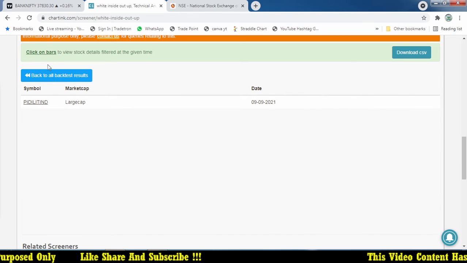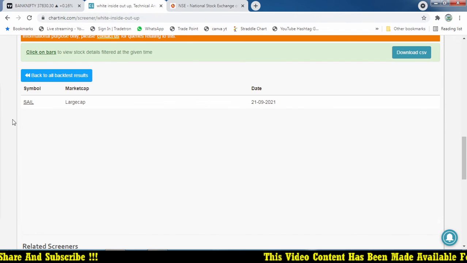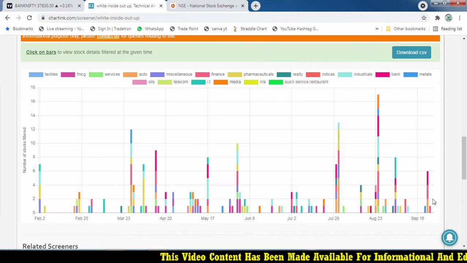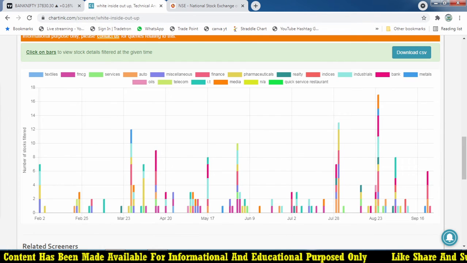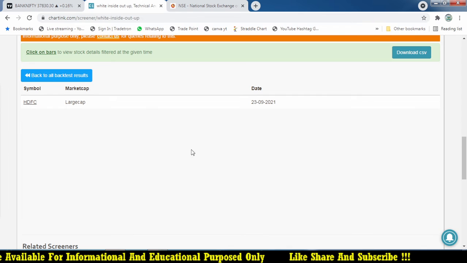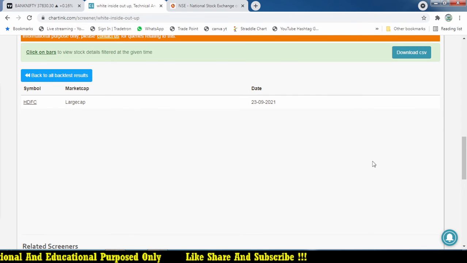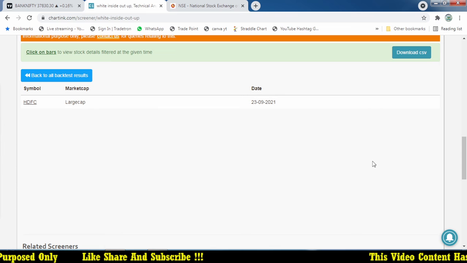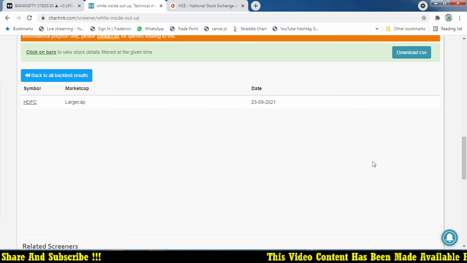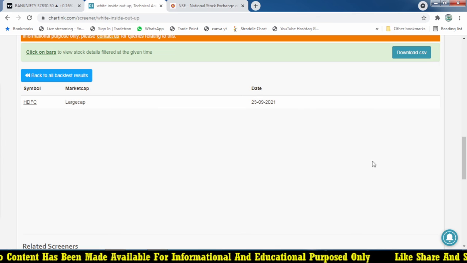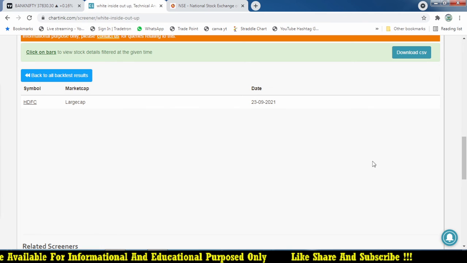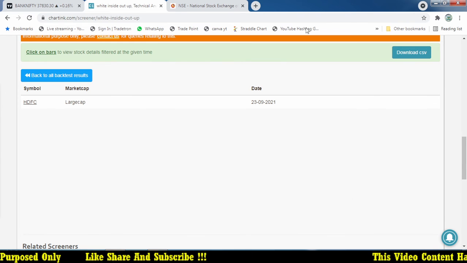And next one is Pidilite Industries, and after that we got a 20% sale, right? And recently we got MR of M&M, Shriram, Bandhan Bank, Canara Bank, Indiabulls, and yesterday it formed on HDFC. But if you are following option buying based on this pattern, now I'm going to fight with the time value. The time value plays a major role at the end of the month. So I'm not playing any option trades in the last week because the time value will always make us lose.